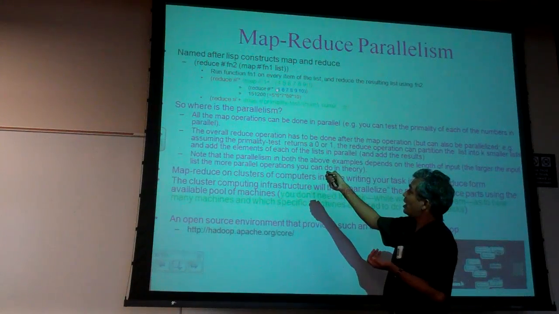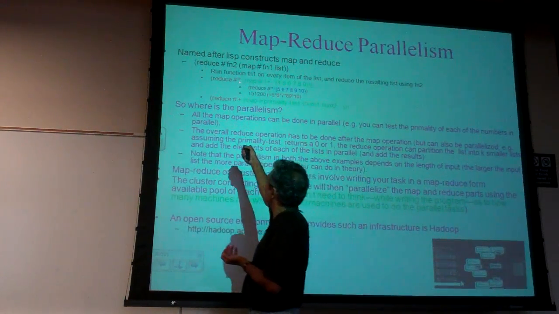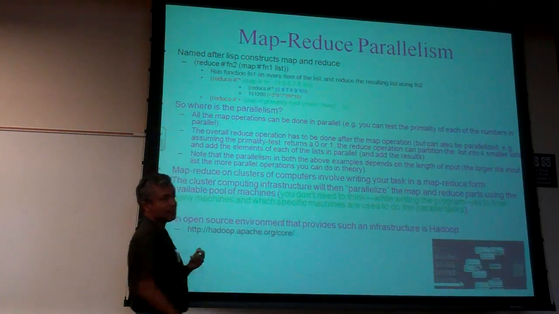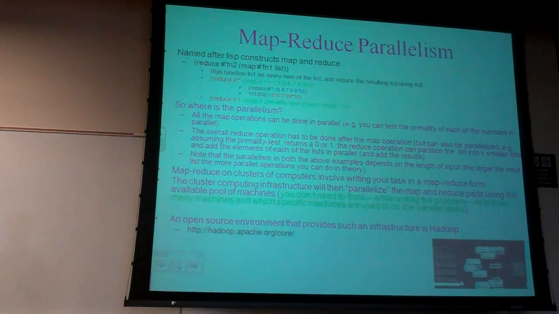Now the reduce part is basically saying, in this case, reduce this list of numbers by the operation multiplication. That means multiply the first one by the second one by the third one by the fourth one by the fifth one, and then give me one result.